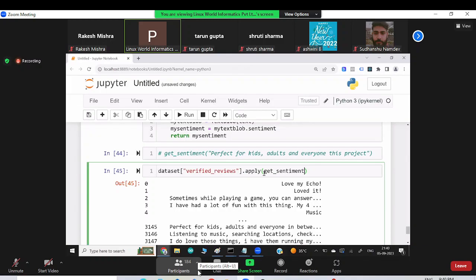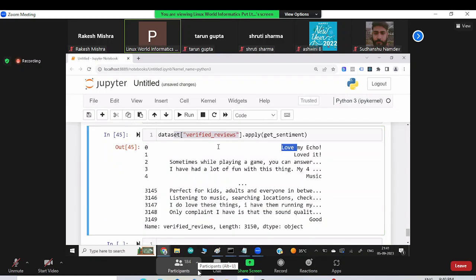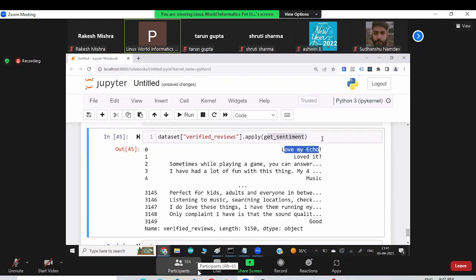Okay, so how does it work? This variable is going to give you an output. The first output will be applied to this function. So we send this output as an argument to this function.